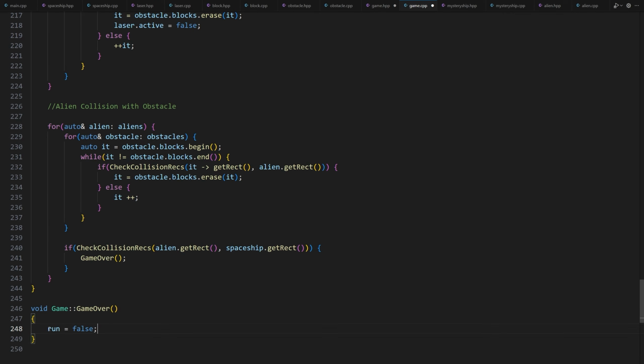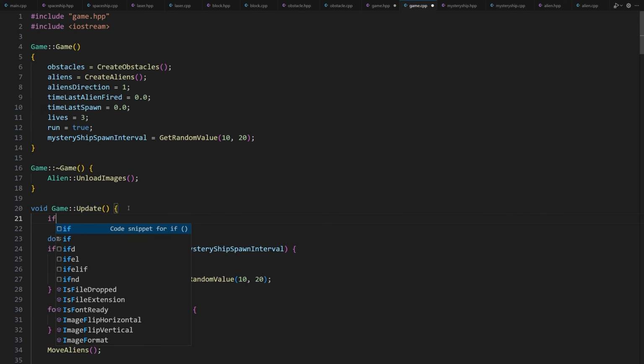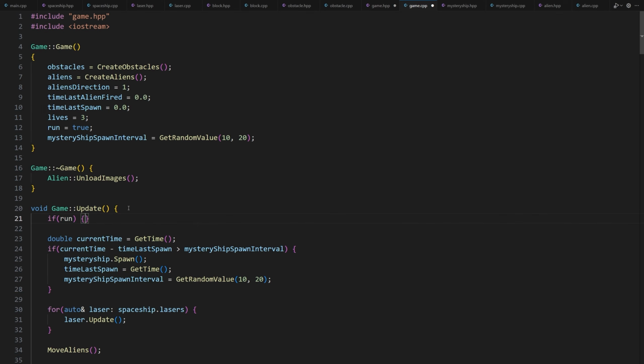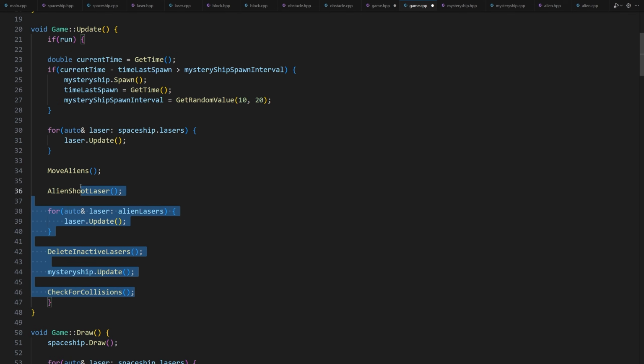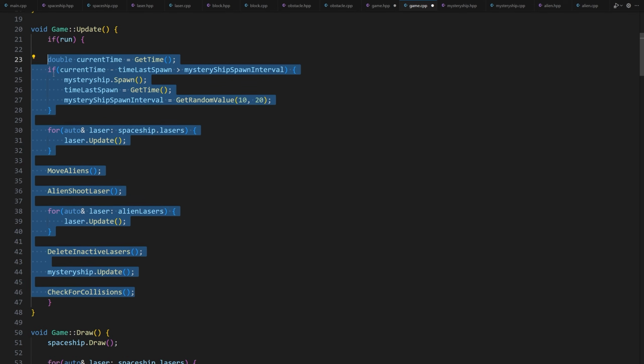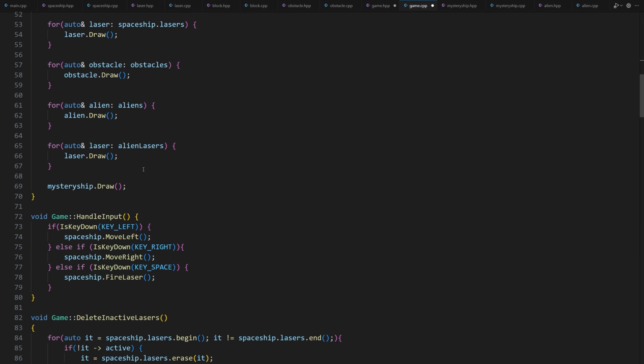Now let's use this attribute to stop the game from running when the game is over. In the update method, we have to stop updating the positions of the game objects. We need the game to freeze, so we add the following if statement: if (run) {. We close the if statement here and we indent all the code like this. We only update the positions of the game objects if the game runs.